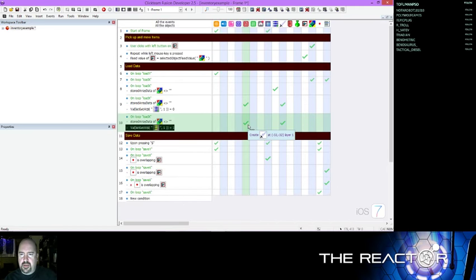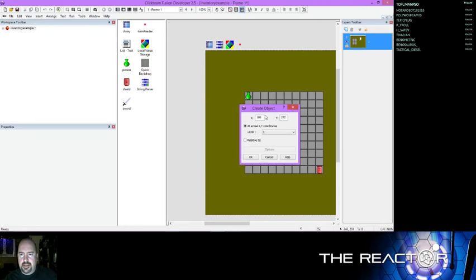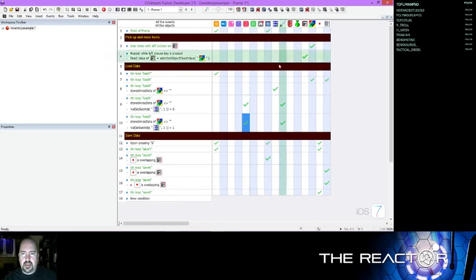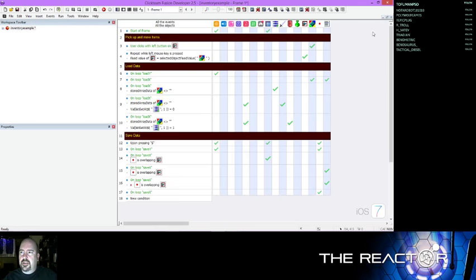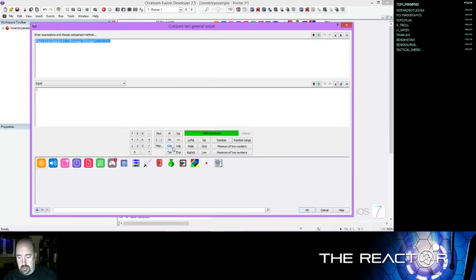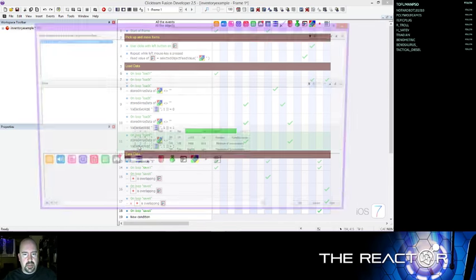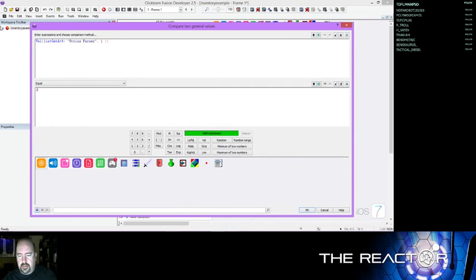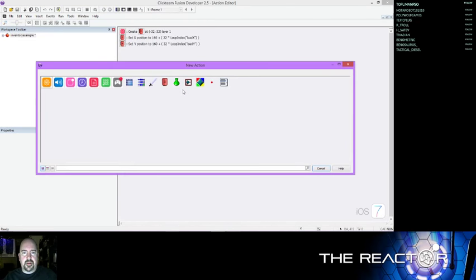We know that the shield is 1, so create shield at -32, -32 off screen, right? I'll pop that up here, and then drop that there, change it to that, so that it's now working with the shield. Change this to 2. Oh, nope. Change the second value to 2 in the general comparison. And then we're going to insert, create